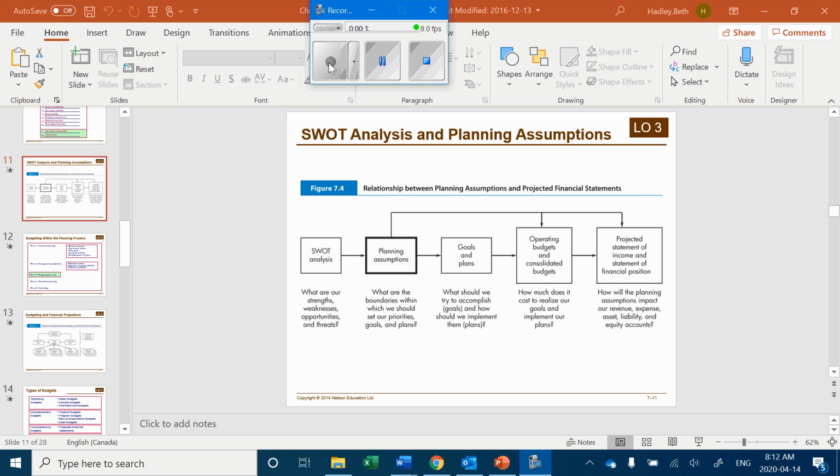In the last video, the introduction to the chapter, we started talking a little bit about the planning assumptions, and I referred to page 272 at the bottom where it starts talking about a few of the assumptions, both external and internal, that we need to consider before we can start creating our budget for the next year. A couple of them being our internal labor costs and the cost of our raw materials, as well as external factors, things that are going on in the economy, such as the tax rate that we will have to pay,